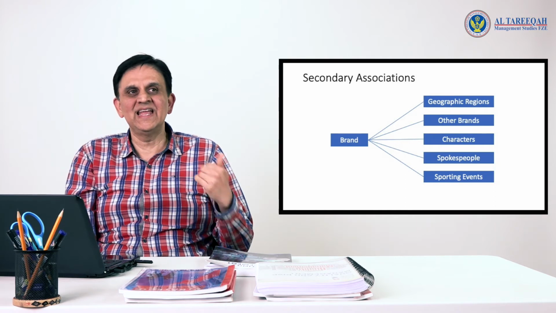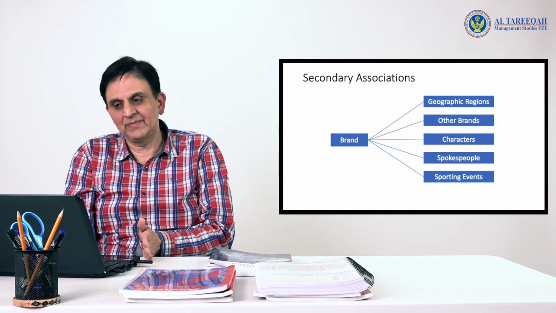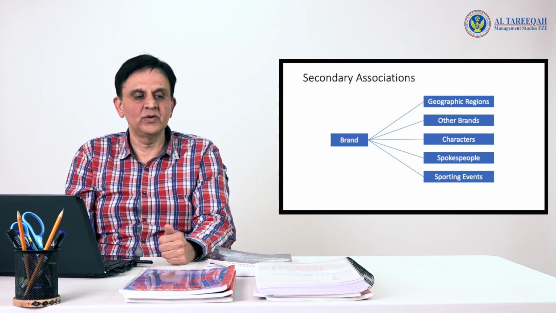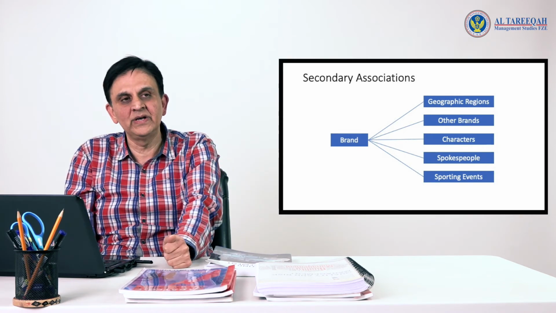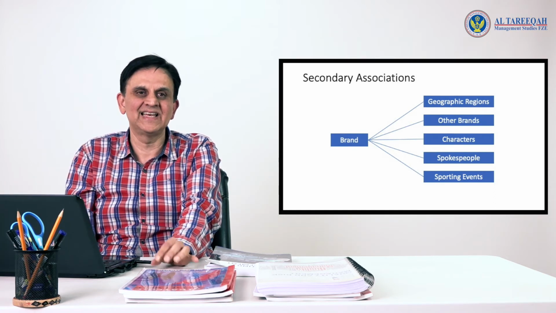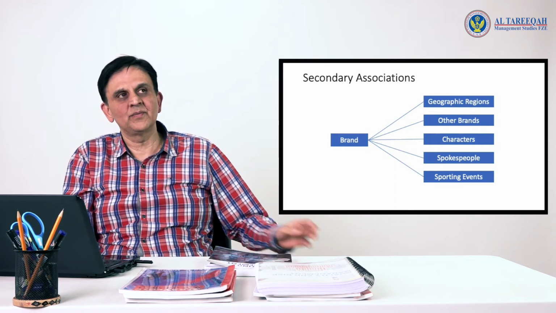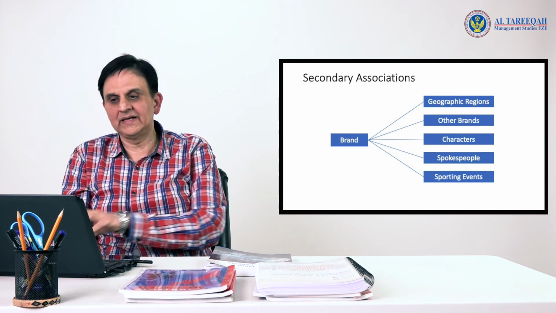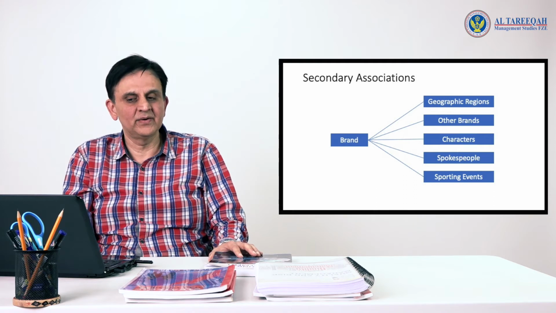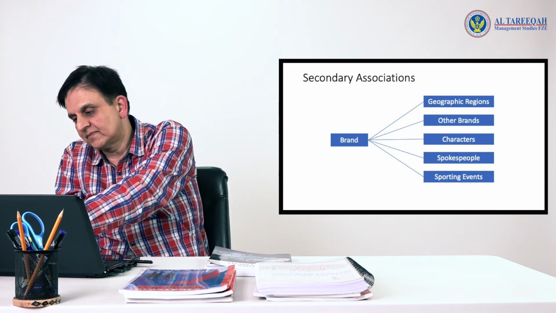So if your brand is an innovative brand, you cannot have a person who's established in the field for 20 years. You must come up with a new player, or a new celebrity or a new individual whom you can associate with as an innovative brand. So your primary associations, the brand elements, are complemented by your secondary associations to be able to create the brand value and the brand equity that you want to create in the marketplace.